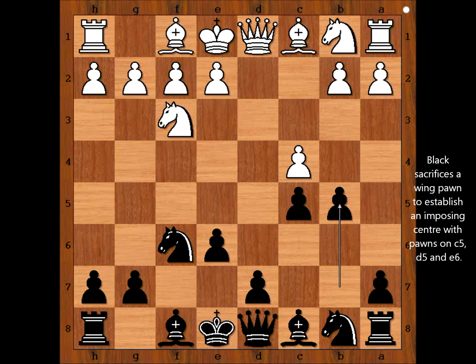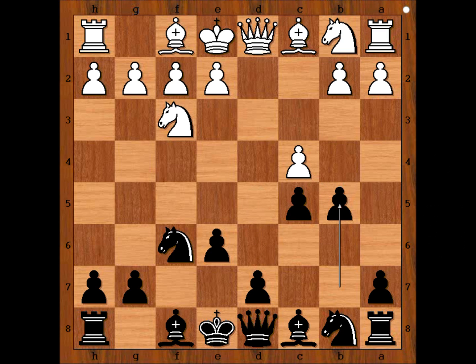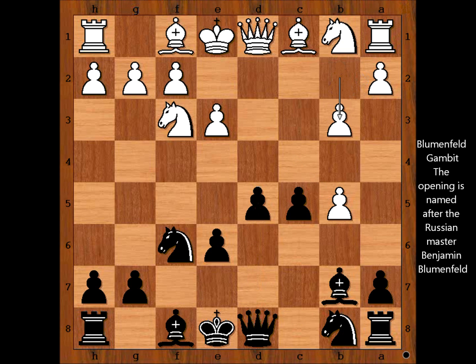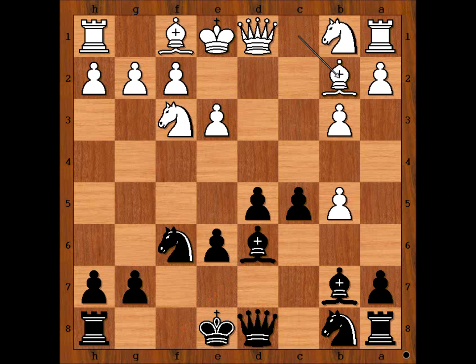The idea is, if c takes on b5, then d5, and black has a very strong center. White played e3, so if pawn takes pawn, bishop takes on c4. Black played bishop to b7, c takes on b5, d5, b3 with the idea to fianchetto the bishop to b2, bishop to d6, bishop to b2, black castle kingside,